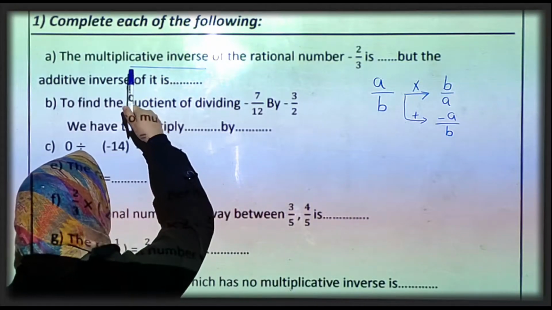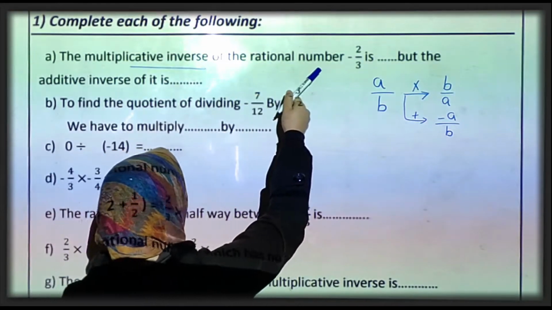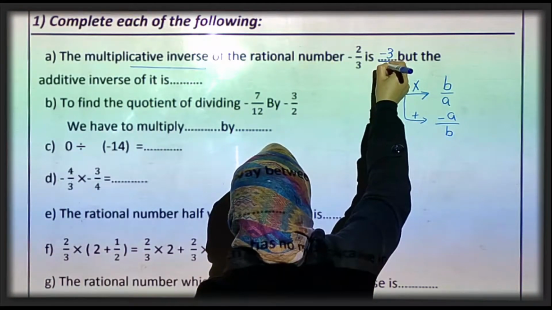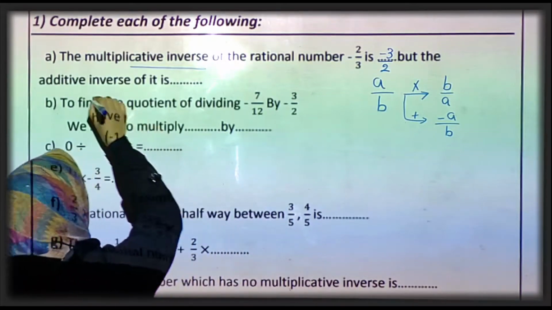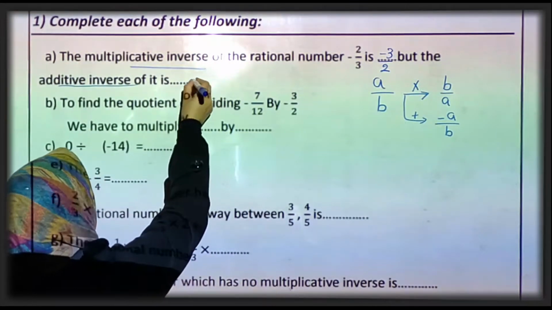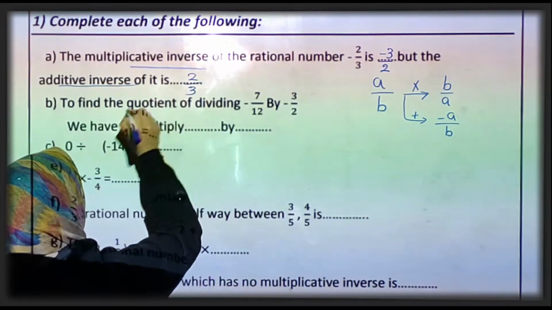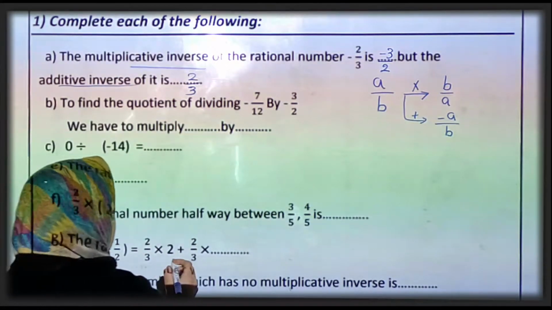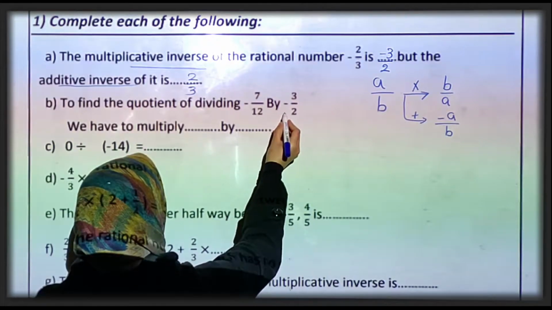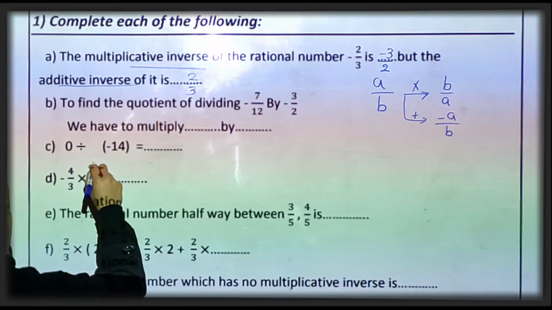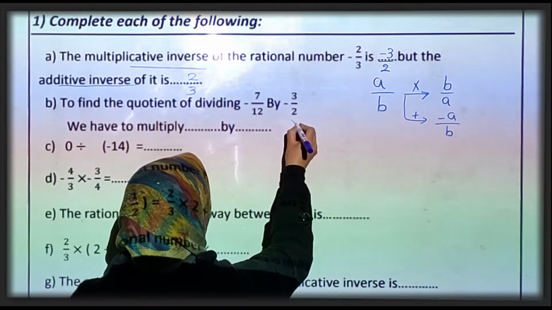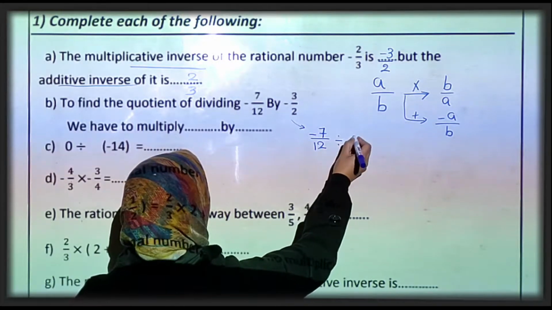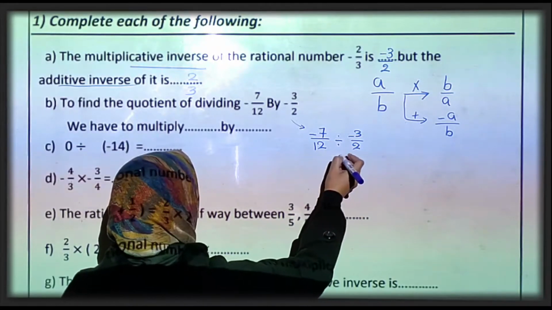Then the multiplicative inverse of the rational number -2/3 is -3/2. But the additive inverse of it is 2/3. Letter B, to find the quotient of dividing -7/12 by -3/2, we have to multiply what? To find the quotient of -7/12 divided by -3/2 equals